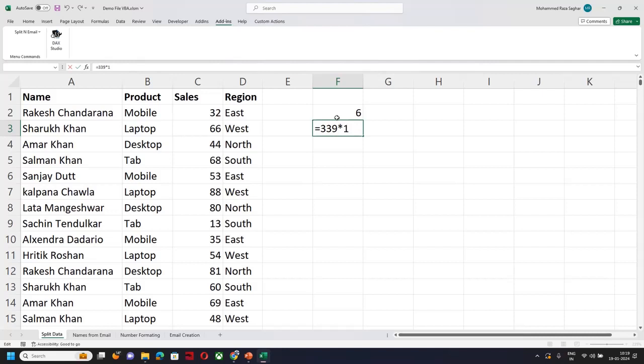If we spend 1 minute on each file, it will take us 339 minutes. If we divide it by 60, it is around 5 hours and 0.65 of an hour, which is basically 36 minutes. So we can safely say, like what you say in Hindi, पौने 6 घंटे लगेंगे. So almost 6 hours. The entire day will go into creating these 339 files.